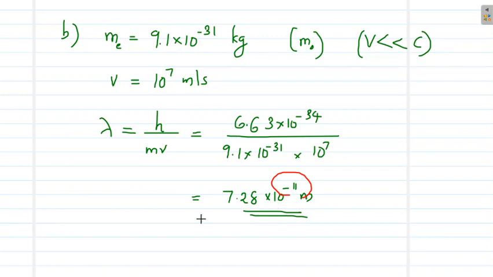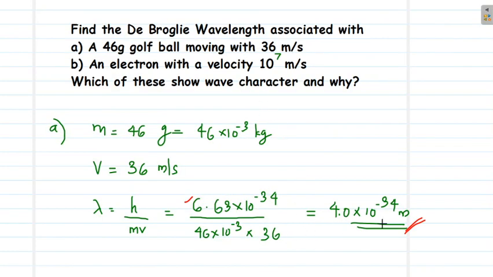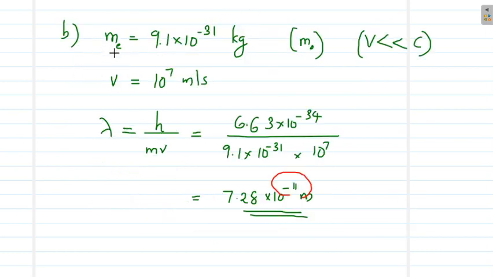So as we have seen here, a golf ball, which is a macroscopic body, has a very small de Broglie wavelength associated with it. So that is why for macroscopic particles, the quantum behavior is very less. Their wave nature is negligible. In the case of an electron, even though it is a particle, its de Broglie wavelength is considerable. It is not negligible, and hence it will show wave-like nature